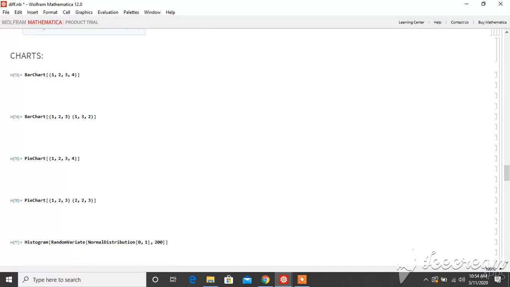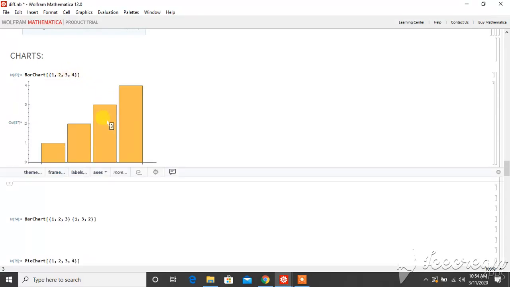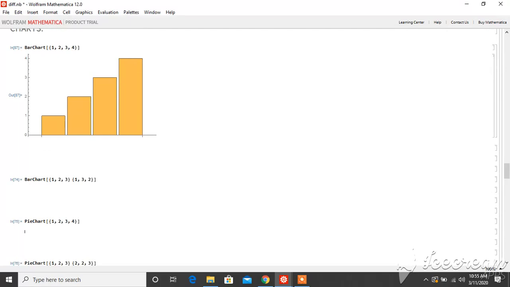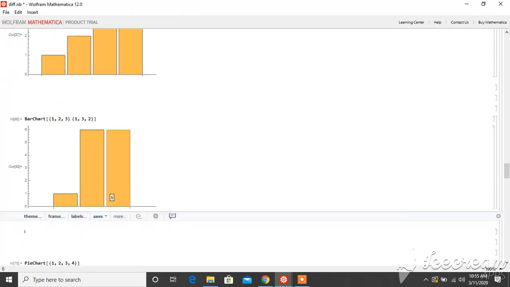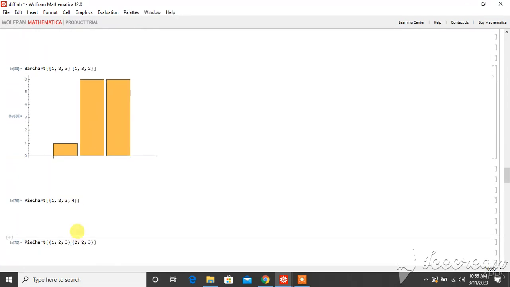For charts, there are a variety of charting functions in Wolfram language. With the help of these charts, we can get the best possible result. So with the function BarChart, we can have our bar chart. Multiple datasets can be visualized by adding more lists of data like this. We can also give multiple sets of data, and then we can have our output.